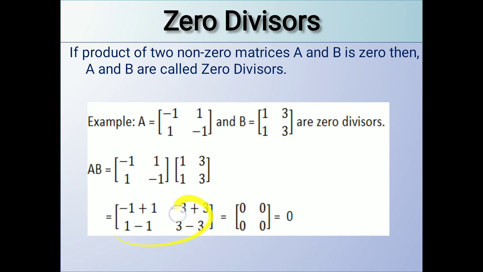So after solving this, you get the resultant as 0 or null matrix. So then you can say that these are zero divisors. Okay,